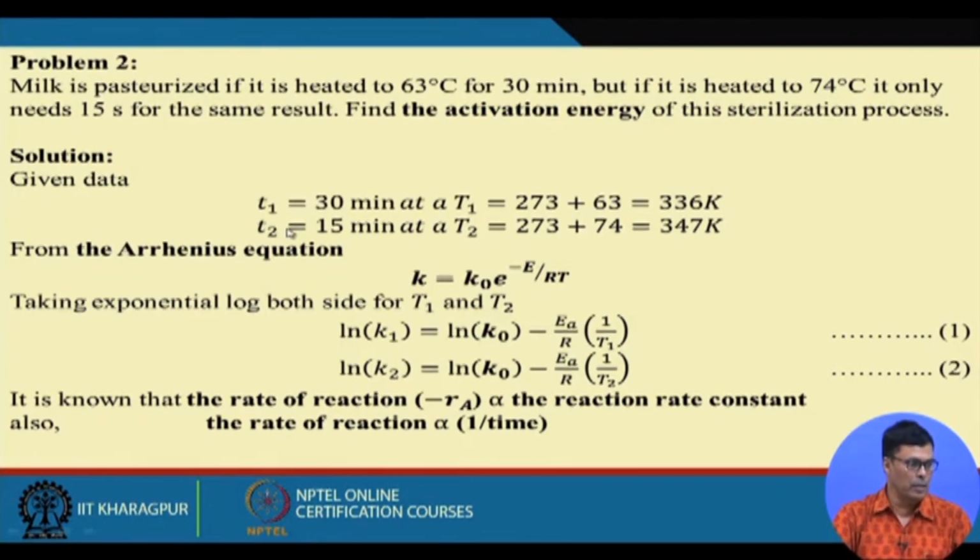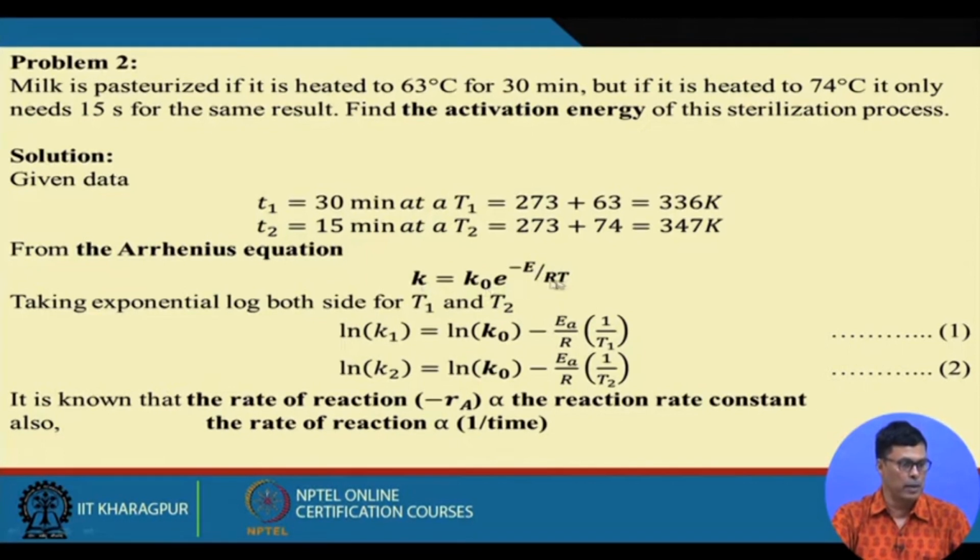So, what is the data given? At 30 minutes at temperature T, this is 63 degrees centigrade. So, the equivalent Kelvin temperature will be 336 Kelvin. Then this is 15 seconds. This is the mistake. This is 15 seconds, and this is 340 seconds. So, please make the correction here, and the equation is like this: k equal to k0